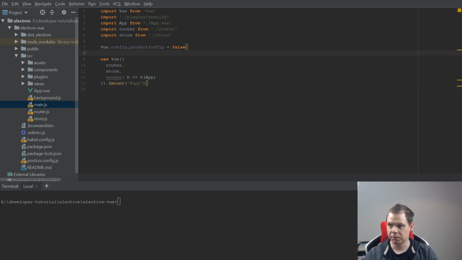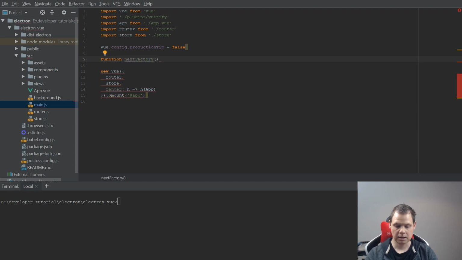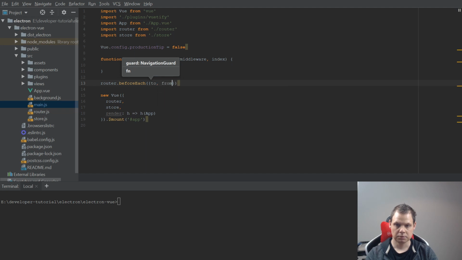We are going to build two functions. The first one we call next factory, and I want to have a context, and I want a middleware and then the index. The next function I want to do is the router before each, and inside here we want the to, from and next,